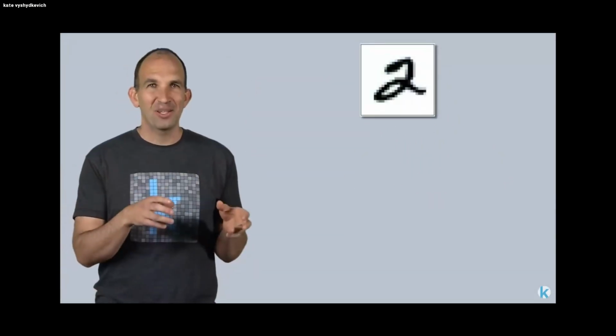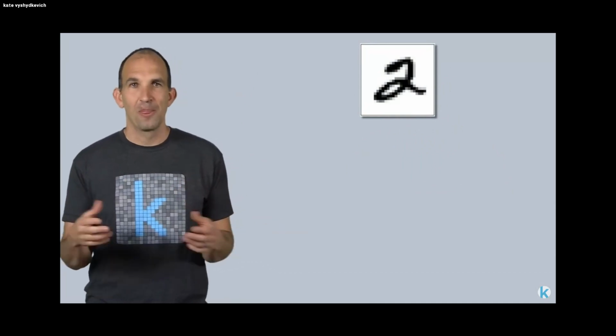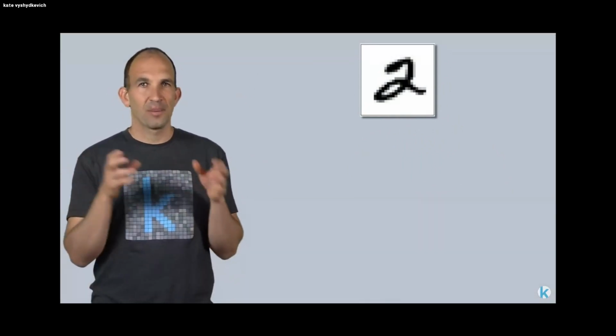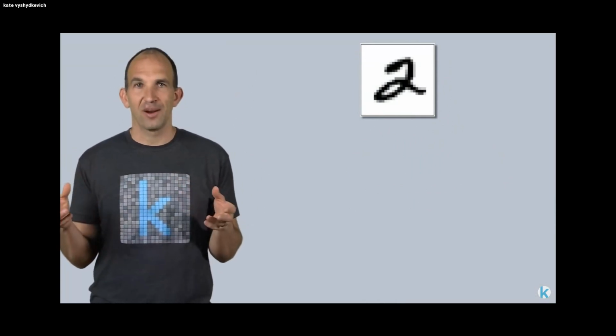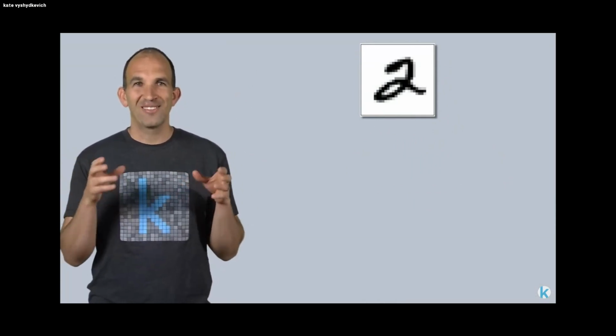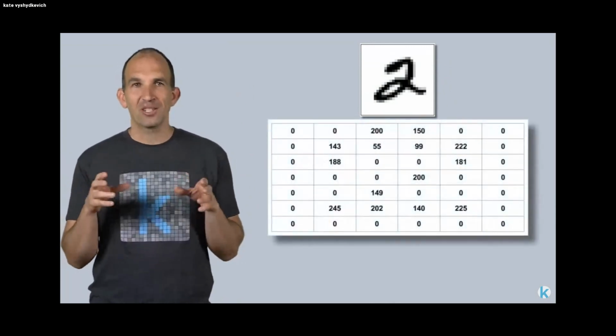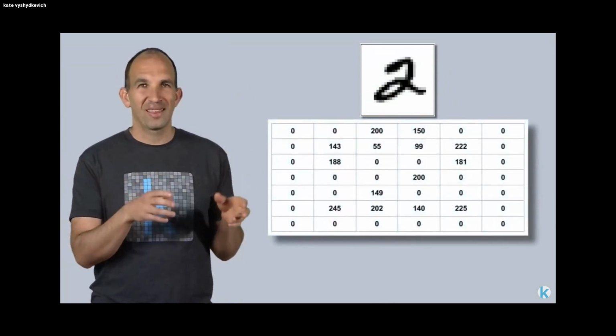Your machine learning experience so far has probably focused on tabular data like you'd work with in pandas. We'll be doing deep learning with images, so we'll start with an overview of how images are stored for machine learning. Here I have the image of a handwritten digit, the number 2. It's composed of pixels. Some pixels are completely black, some are completely white, and some are varying shades of gray. The pixels are arranged in rows and columns, so it's natural to store them in a matrix. The matrix would look roughly like this.